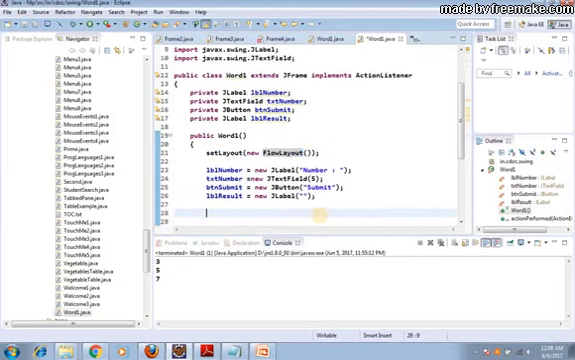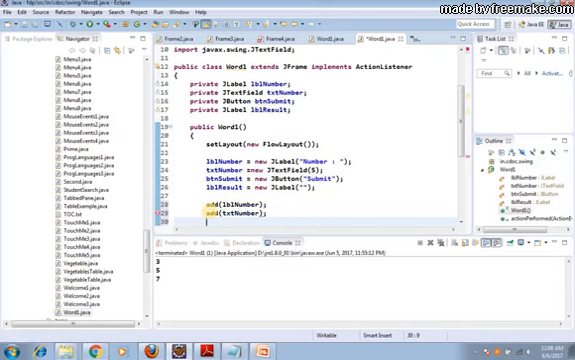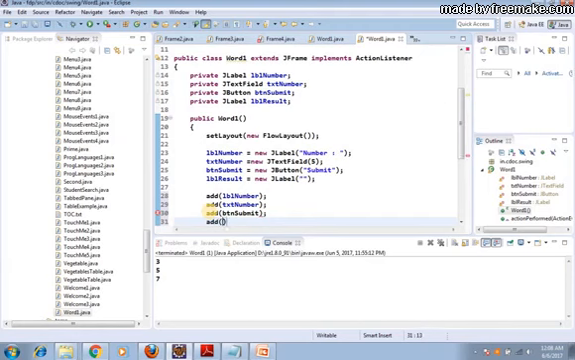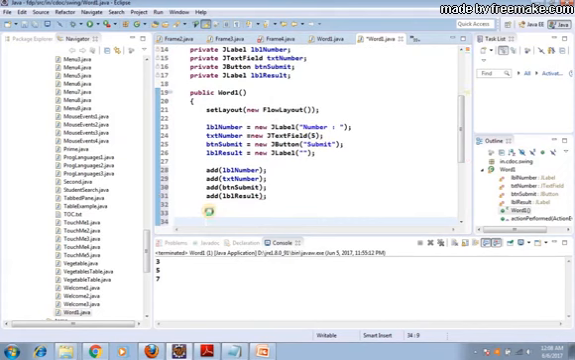So next, here we have created the instances of all these components. Next we have to add these components to the container. So how to do that? You just say add lblNumber, next add txtNumber in the same order, add btnSubmit, then add lblResult. So this we have added, and then let us set the title,